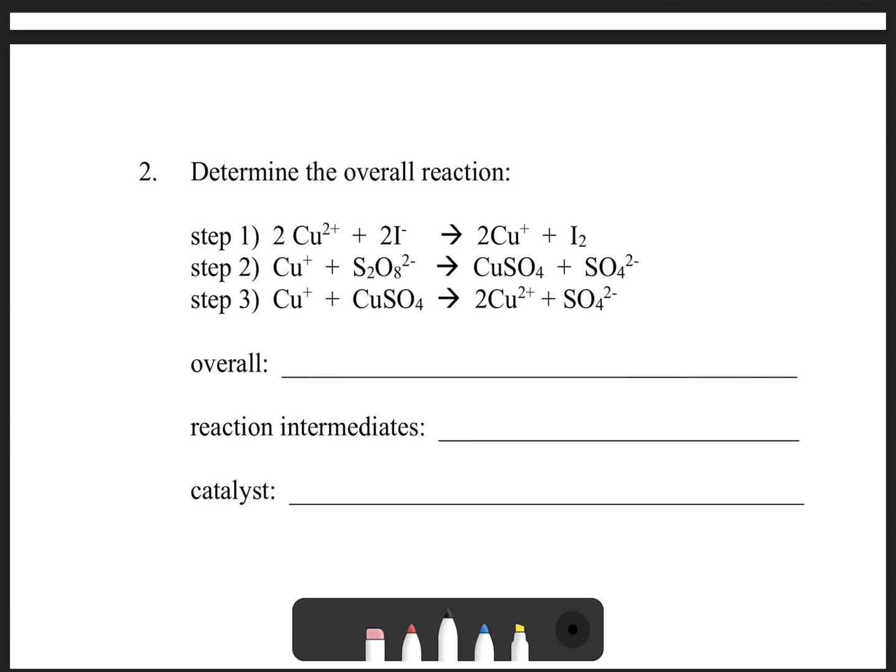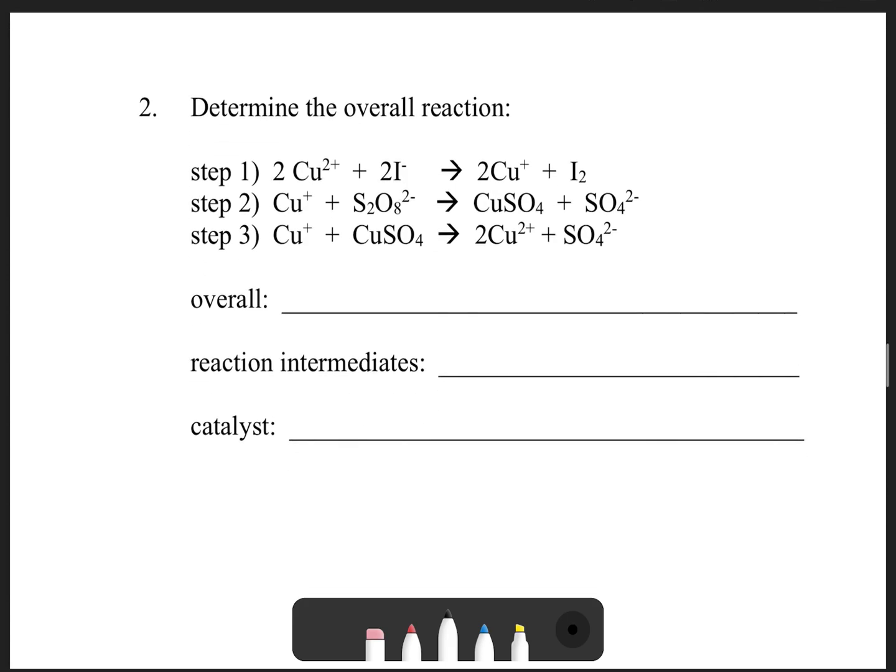Let's look at the next example. Again, we're going to do the same thing. We're going to determine the overall reaction by crossing off and eliminating intermediates and catalysts. And sometimes we have them and sometimes we don't. Let's first look for